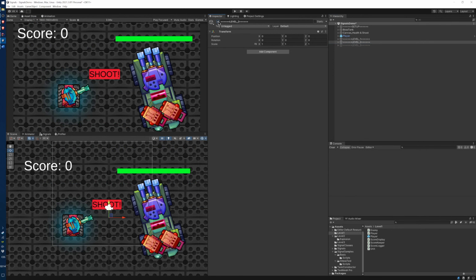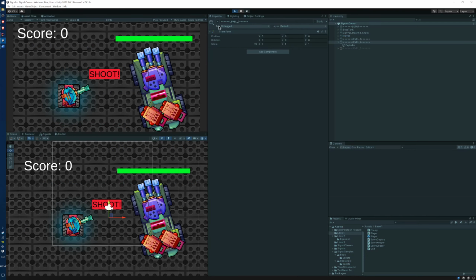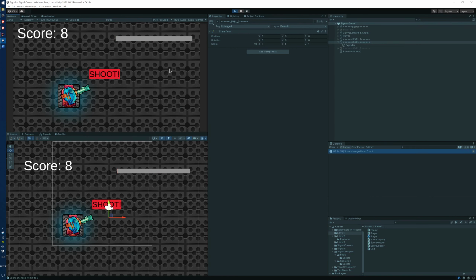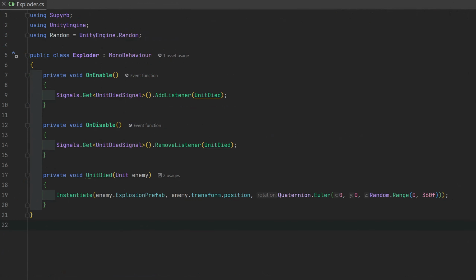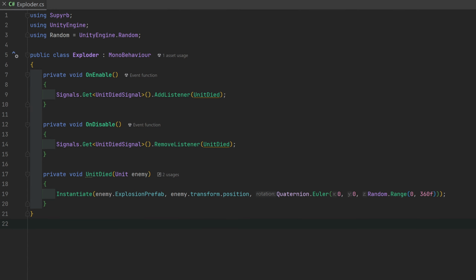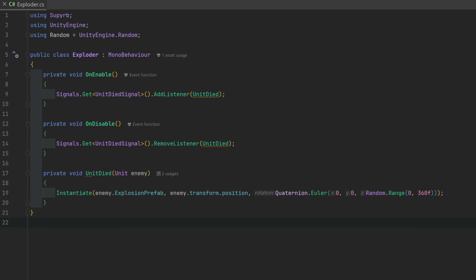Improving our example further, only one object called Exploder was added. Upon killing the enemy, we see an explosion. Looking at the implementation, we can see we just instantiate an explosion prefab when the enemy died signal is received. This way, if for example we wanted to add effects pooling, we could easily do so with 0 changes to